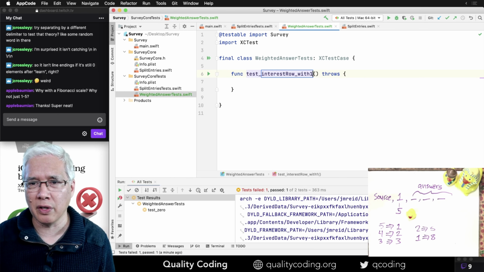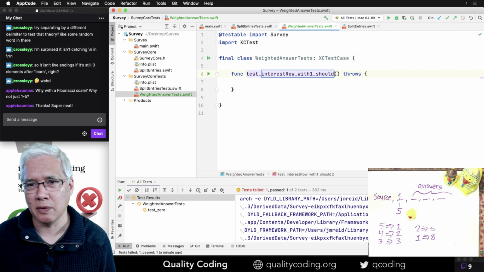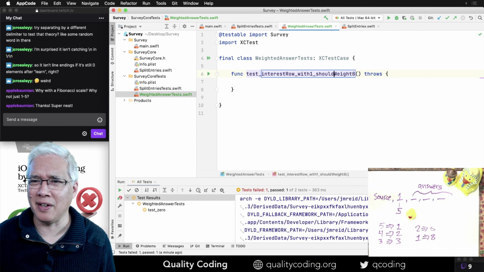Interest row with 1 should yield a weight of 8. Should give weight 8. It doesn't have to be super nice. It just has to be clear.